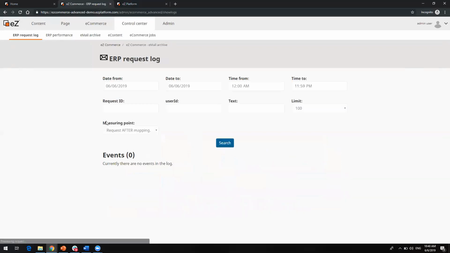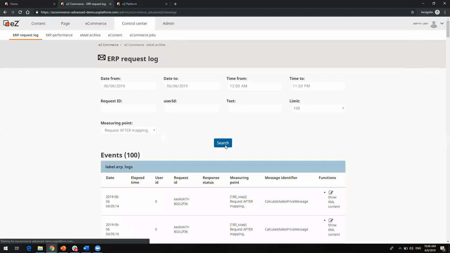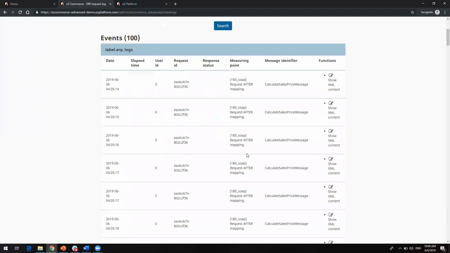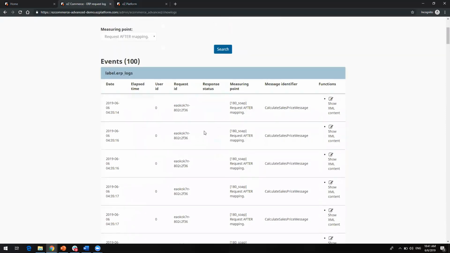The ERP request log allows you to see what requests are being made to your ERP, like what information is being requested to be fetched. And again, this is very valuable because it allows you to understand how your ERP is interacting with your shop and so on. Something I did not mention,